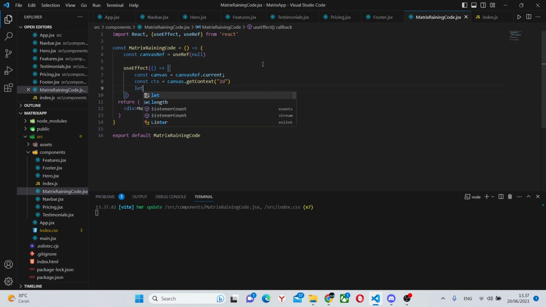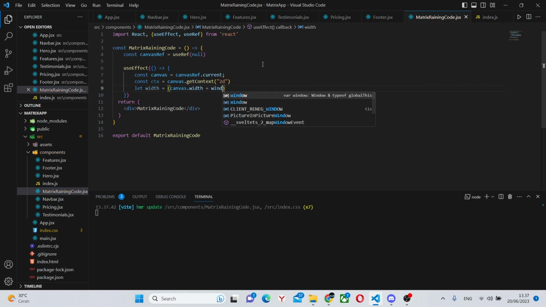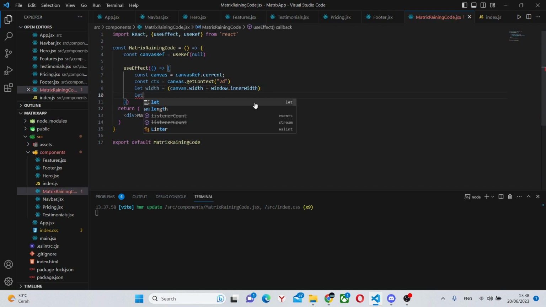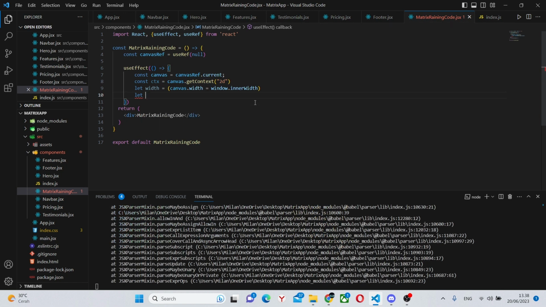Then let width equals canvas.width equals window.innerWidth. So first thing we're doing is setting the parameters for the overall canvas on which we'll have the training code. Next, well, we obviously have height.